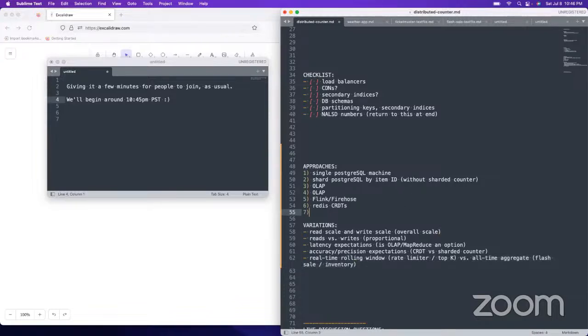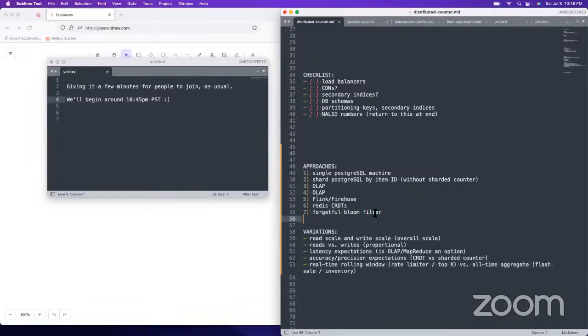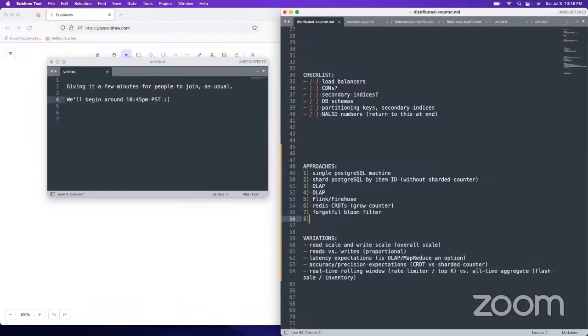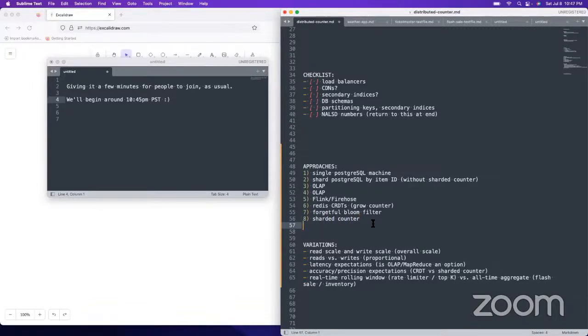7, forgetful bloom filters. I don't know if I'm actually going to draw out a couple of these, like the forgetful bloom filter is just an alternative type of CRDT versus a grow counter. And then we got 8, sharded counter. A sharded counter on its own is non-idempotent.